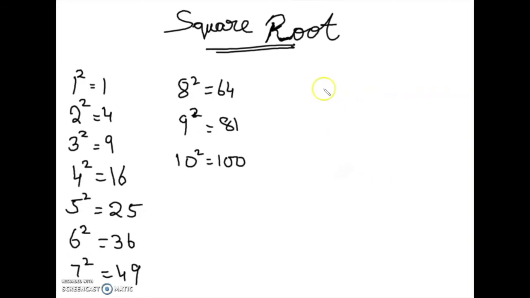So let us take an example of a square and see how to find out its square root. Let us take a 3-digit number, the square root of 784. If you observe, 84, the last two numbers, is going to be one part and 7 is going to be a separate part. The number is ending with 4, and the squares which end with 4 are 2 square, which is 4, and 8 square, which is 64. So there are two possibilities: one ending with 2 and the other ending with 8.